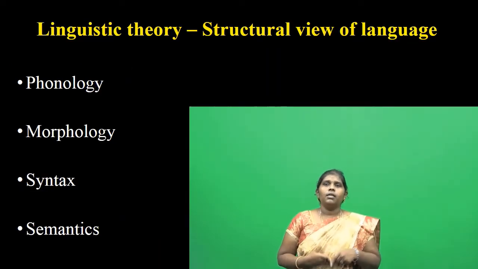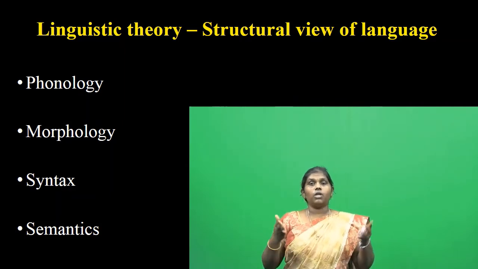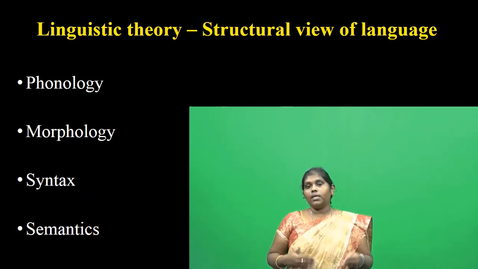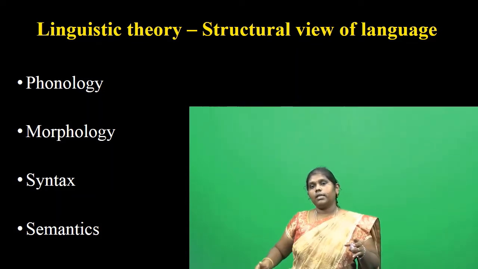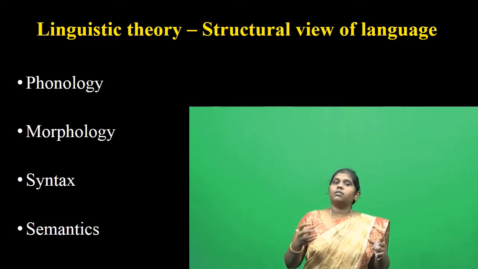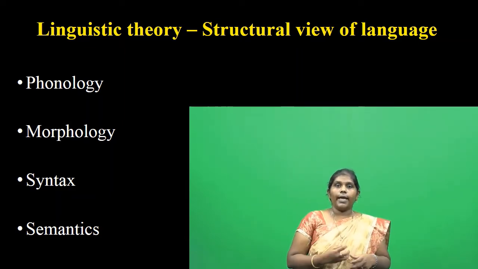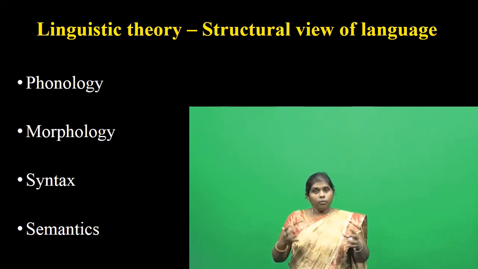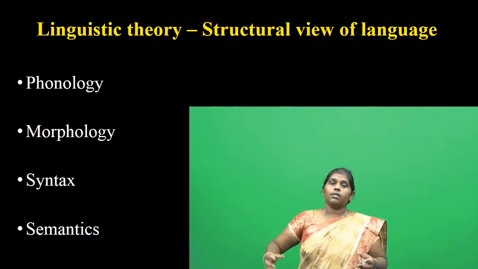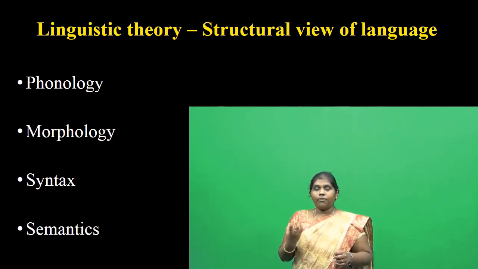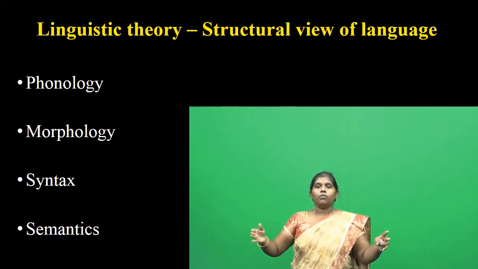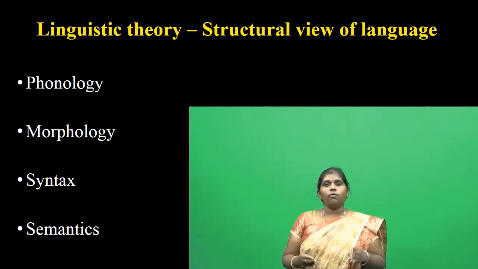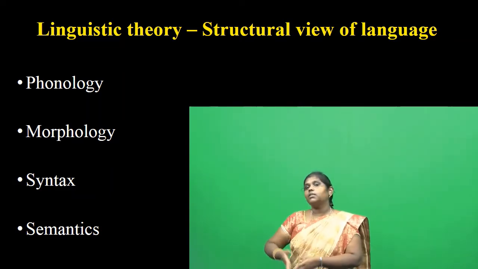First one is linguistic theory. Linguistic theory means it is a structural view of language. When we say structure, it is just known that phonology, morphology, syntax and semantics. The language has its origin from sounds, phonology, and words, that is morphology, and the words combined together frame a sentence called syntax, and after reading a sentence we'll be getting the meaning, that is semantics. So the first theory of language or the principle that has been given here is the structural view. Language is structured, and that's why we have phonology, morphology, syntax and semantics.